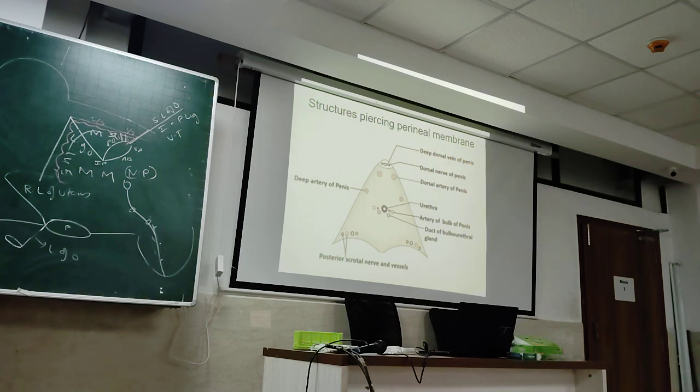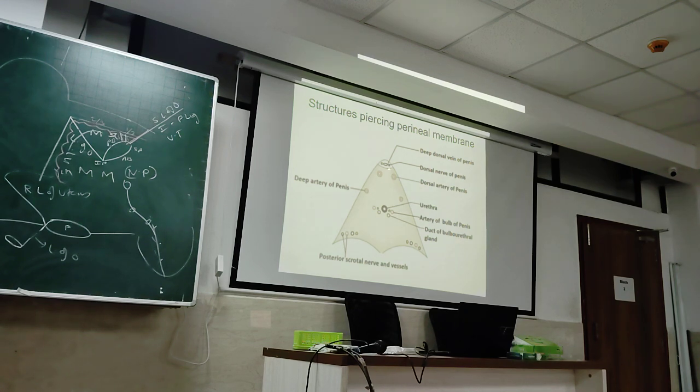Remember, the penis is described as if erect. So the surface supplying the posterior part of the erect penis is dorsal, and that's what this supplies, the posterior part of the erect penis. That's why the names dorsal artery and dorsal nerve. The erectile tissue itself is supplied by the deep artery, the artery which goes into the crus of the penis. The crus of the penis is drained by the deep dorsal vein.